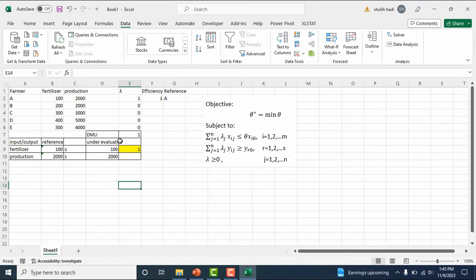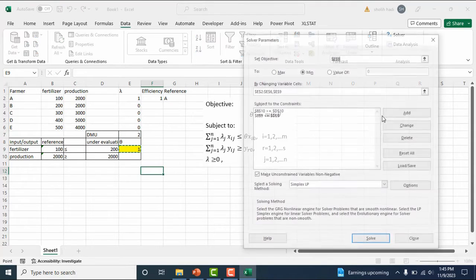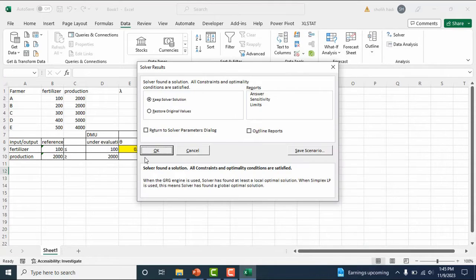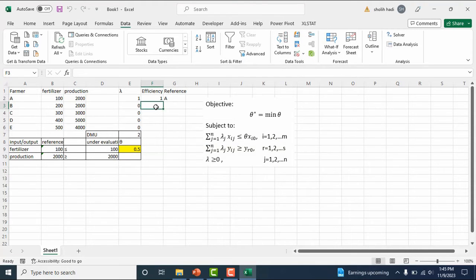And also we want to know the efficiency of DMU number 2, farmer number 2, and Solver solves. Okay, 0.5.